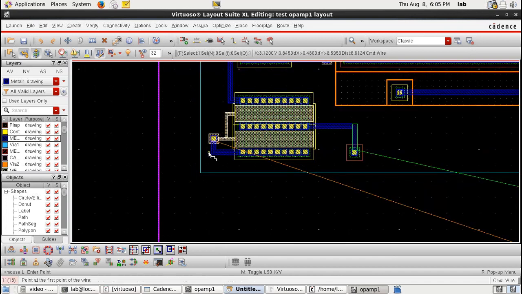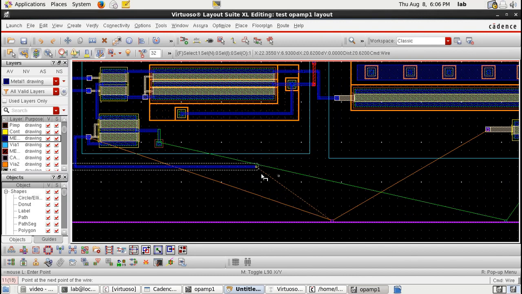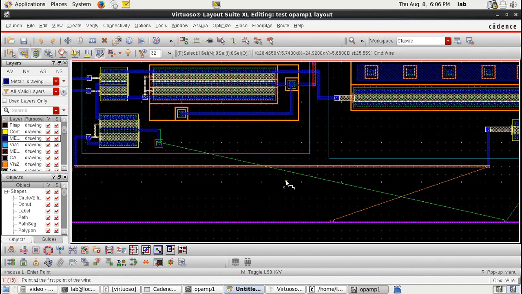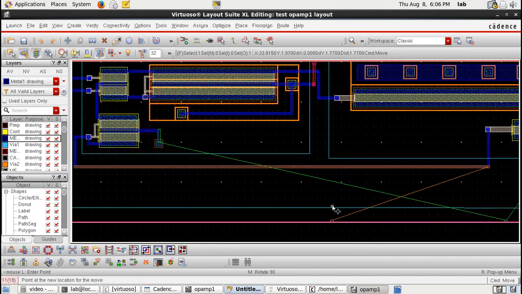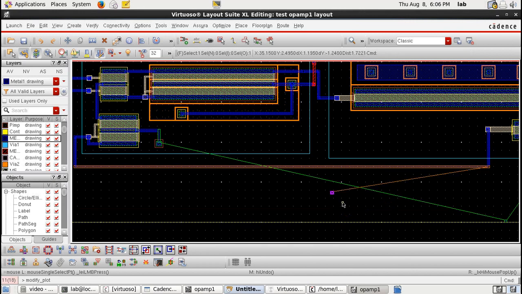So let us just bring that about, and that should do it. So let me move the IDC pin slightly closer and wire this. Yeah, and